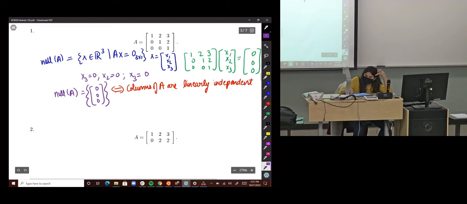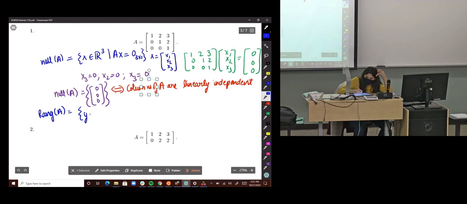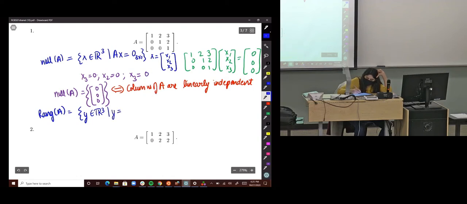Now, let's try to find the range of A. We define the range of A as the set of y in Rm, which is in our case R3, such that y equals A times x, where x is also, in our case, in R3. So then y is defined by